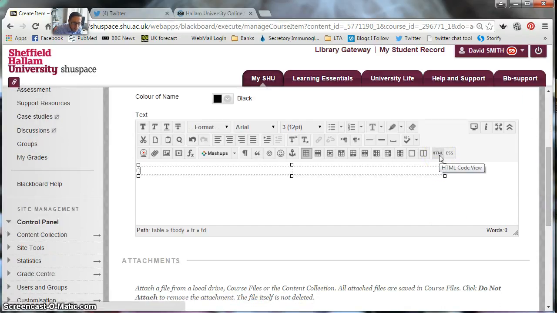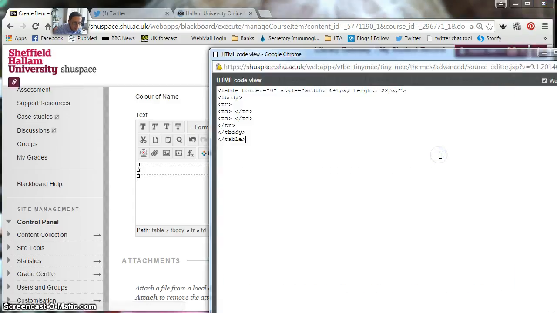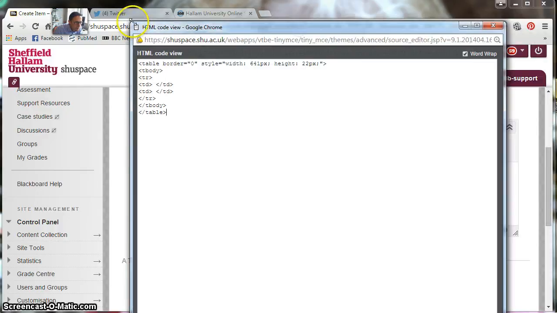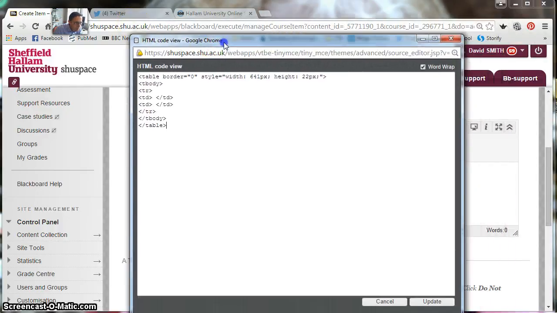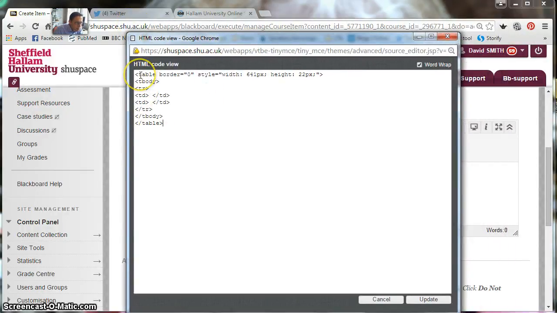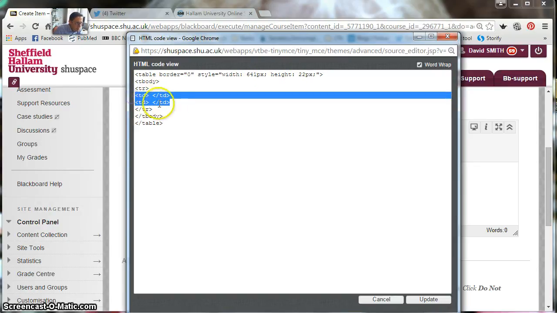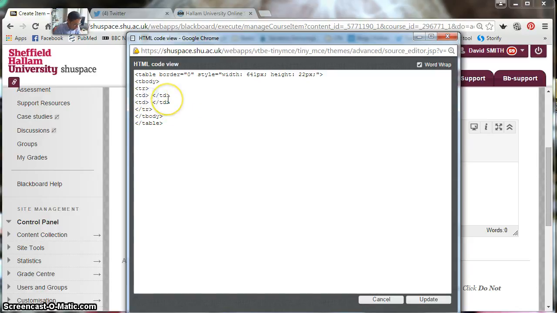Now to do that, there's a little button on the right hand side of the screen called HTML. If you click on that, you can see the HTML code. What we've got up at the minute is one that says table border, so that's the border around it, the width, if you want to constrain the width you can, and the height. It's this bit here that we're interested in. We're going to insert our widget code, insert here,